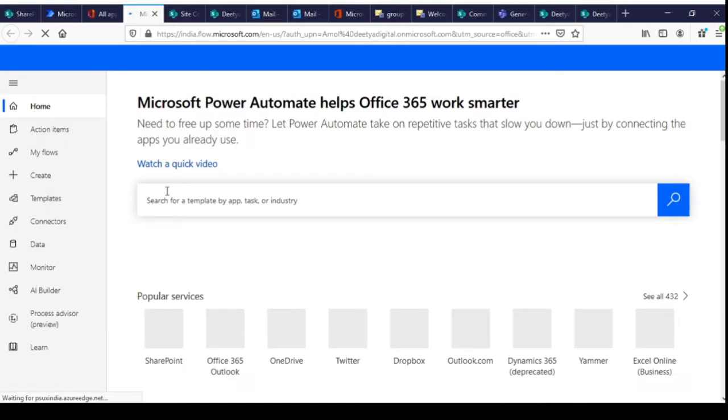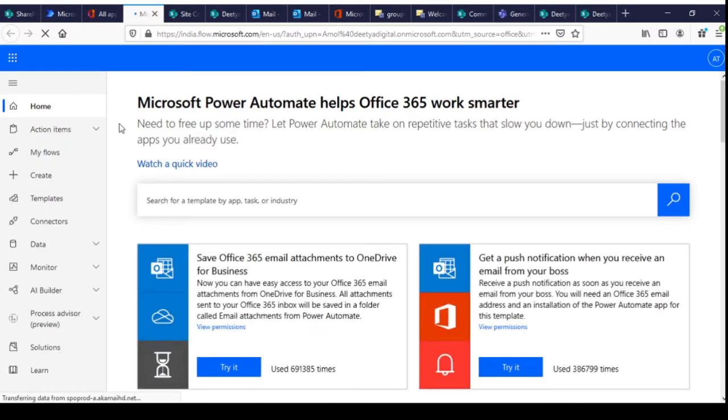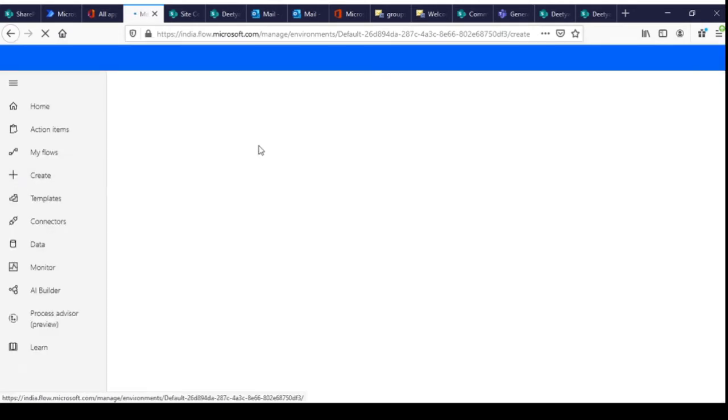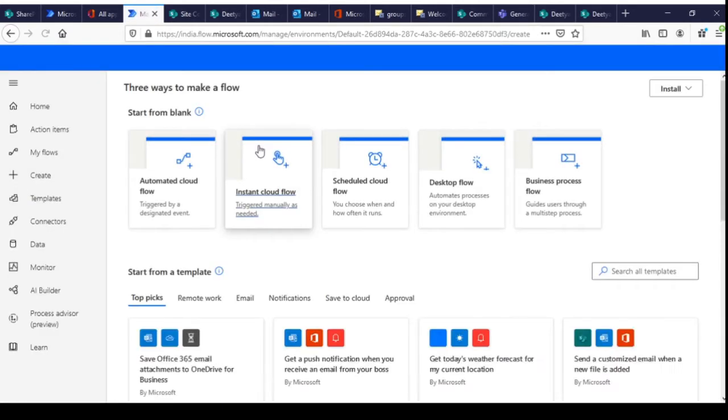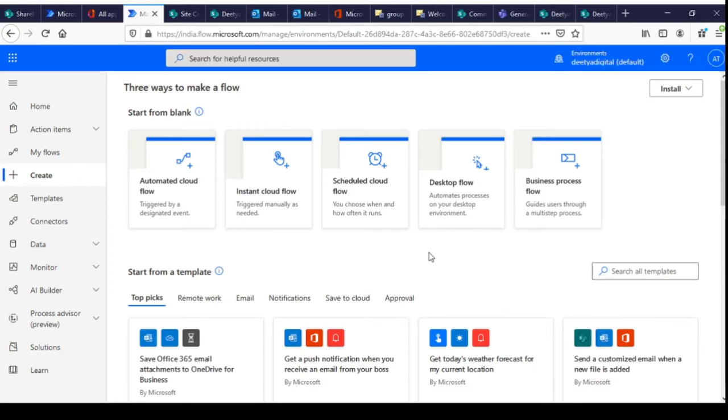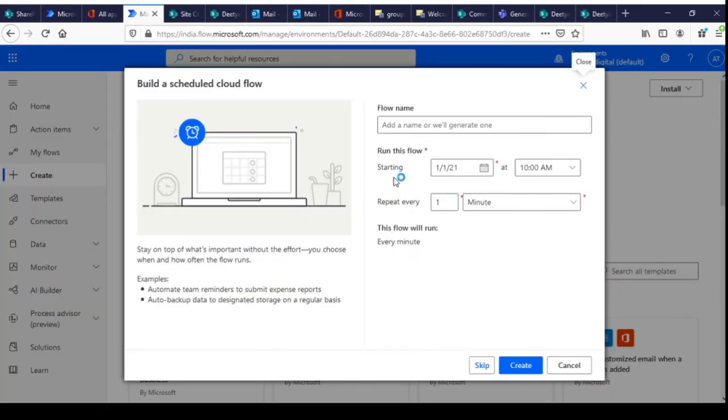So I just now clicked on Power Automate. Our flow will be an automated flow. Not automated, it is actually a scheduled flow. It will run automatically, but in terms of Power Automate language, it is a schedule flow. So I'll click on schedule flow, then birthday, sorry, my caps is on, birthday automation.